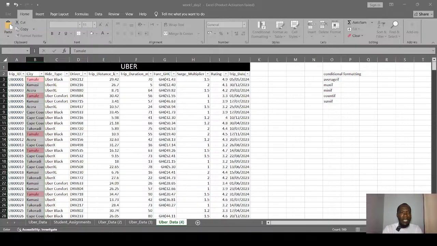So just spell out the tamale in your box that appears, right? You see that once you start typing tamale, it has highlighted all of them in red, just like over here. Now, if you don't like the red color, you can change that.